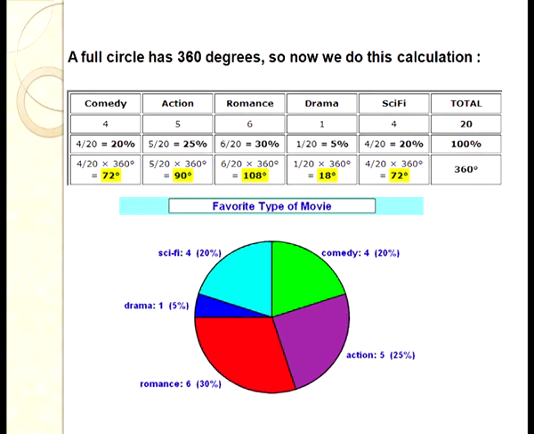Now students, once you have calculated the degrees, again go for a cross-check. All the degrees when added should be 360 degrees. So we now know that we have calculated the data properly and converted the data into degrees. Now draw a circle of appropriate size, then draw the radius. Start marking the angles with the help of a protractor, clockwise. Once you have drawn all the angles on the circle, shade the circle.